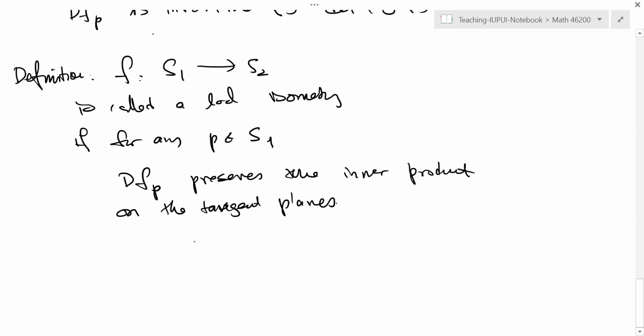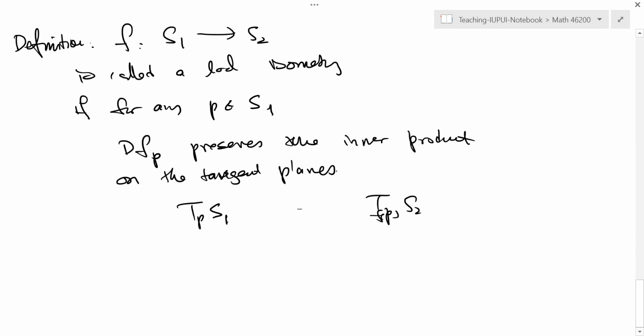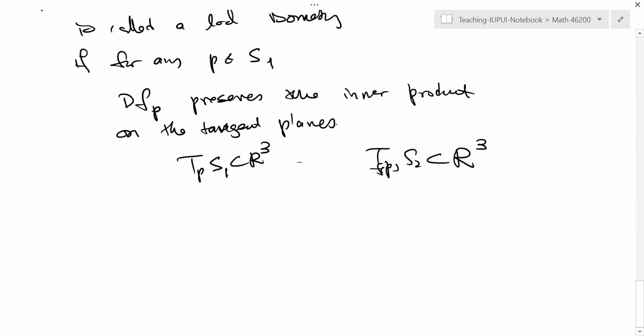Because on the tangent plane there is a naturally induced inner product, since this is considered like a vector space in R3. So for two vectors, you can talk about the inner product. So how can I describe it? That means for any U and V,